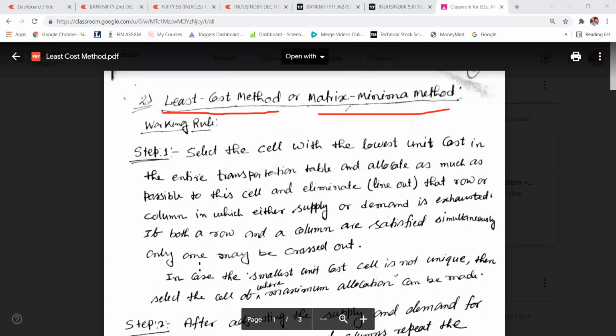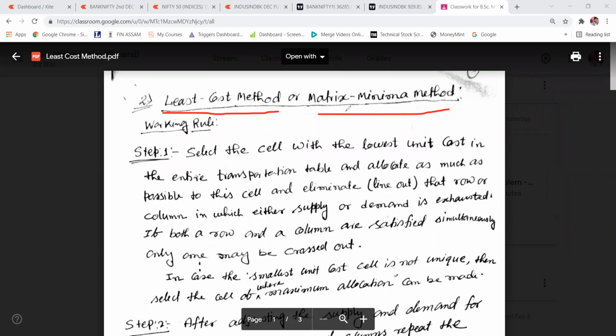Then you see what allocation you can make to that cell. The process will repeat till your demand and supply are both exhausted. Once supply and demand are exhausted, your process is over.